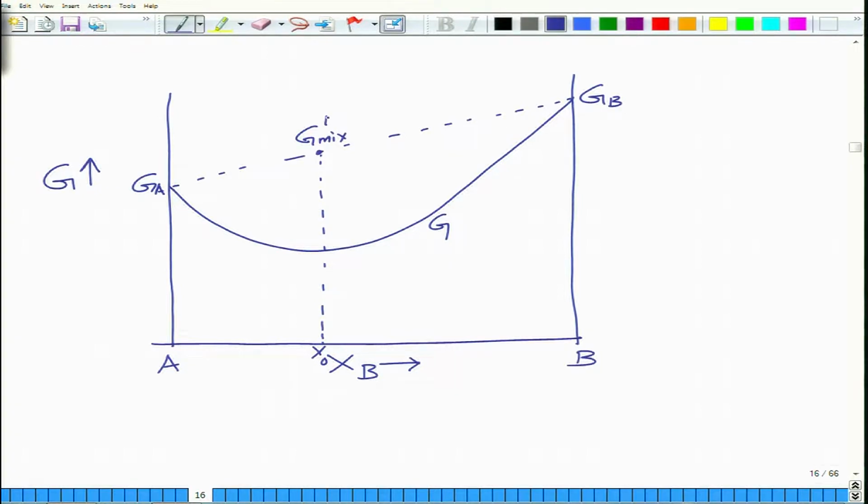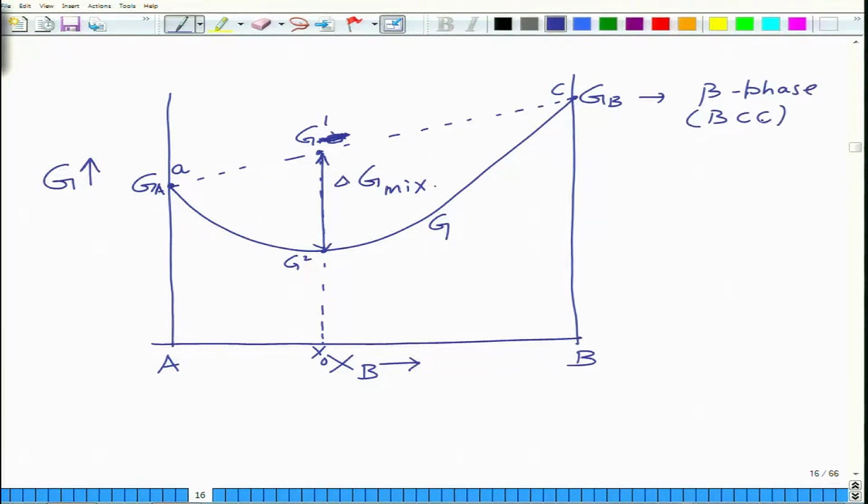mixing 1 and this is mixture 2. So, instead of writing G mix, let us just write it as G1. This is G2 and the difference is delta G mix. So, this point here, let us say, is point A and this is point C. Now, this point signifies that we have said the beta phase has